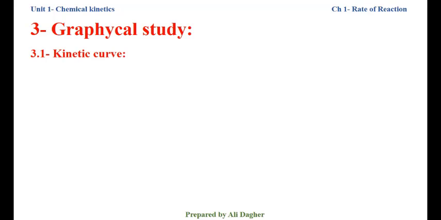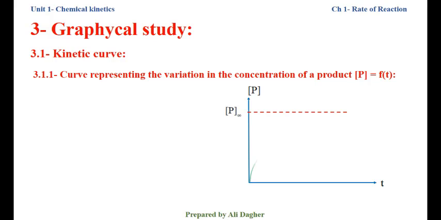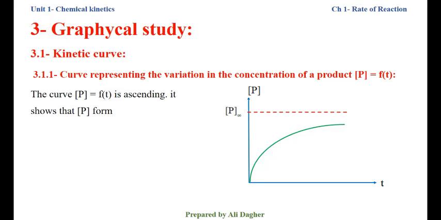(3.1) Kinetic curve. Curve representing the variation in the concentration of a product. This is the axis of abscissa and the axis of concentration, ordinate, and this is the concentration of product at the end of the reaction, at infinity. The curve is ascending. This is the shape of the curve. The curve concentration of product equals F(t) is